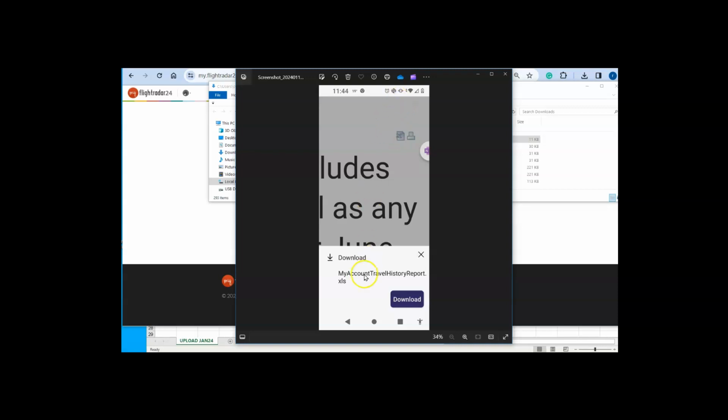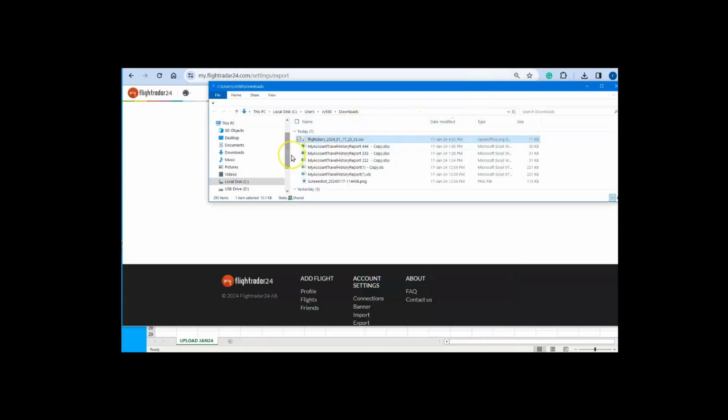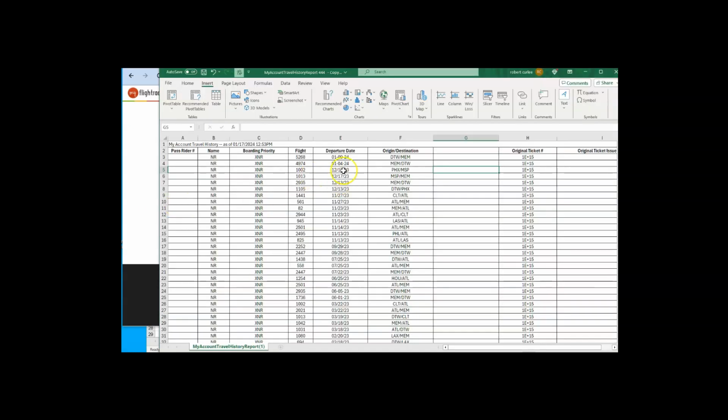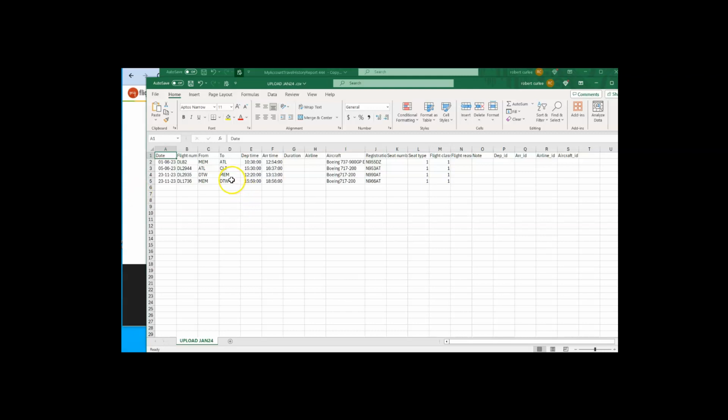So as you notice right here, it downloaded the sheet My Account Travel History Report, and I hit download. And then once I do that, I can go over here in my download folder and click on that particular file that I downloaded, and it should come up something like this here. You're going to get a file that's similar to this right here. And so what you want to do with that Excel file, you've got to transfer it back to this type of file here, which is